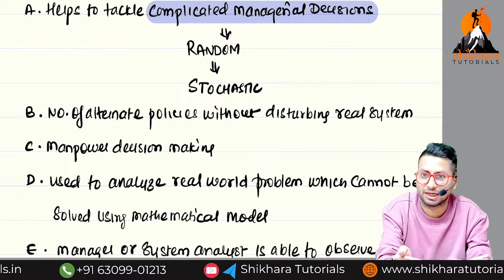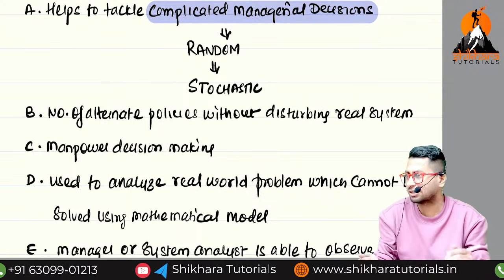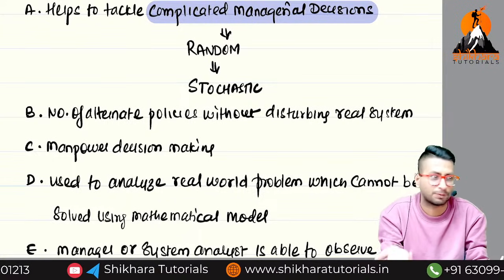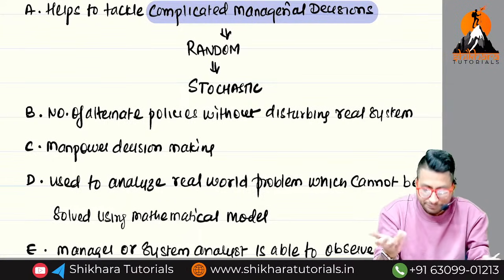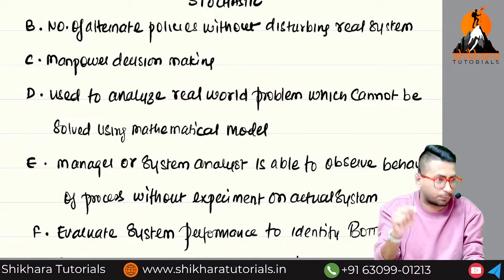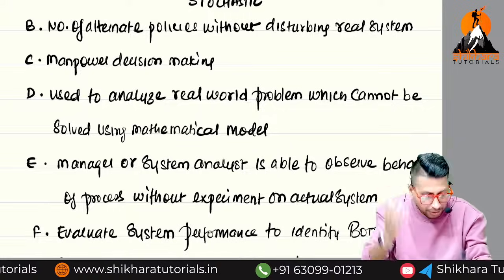Many employees are leaving the organization. Talented employees are leaving the organization. Dumb heads are there in my organization. Can I manage those type of employees? No. Then real world problems. What real world problems? For example, construction of a flyover.